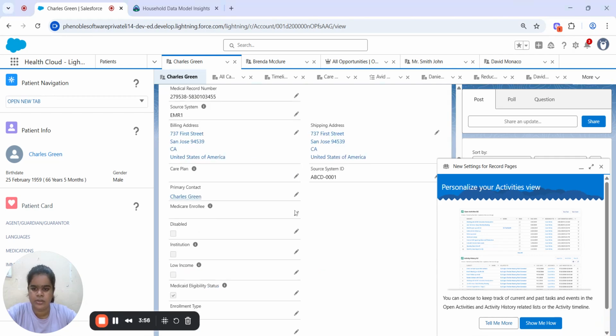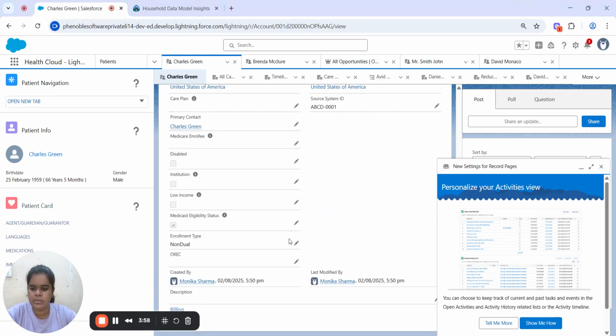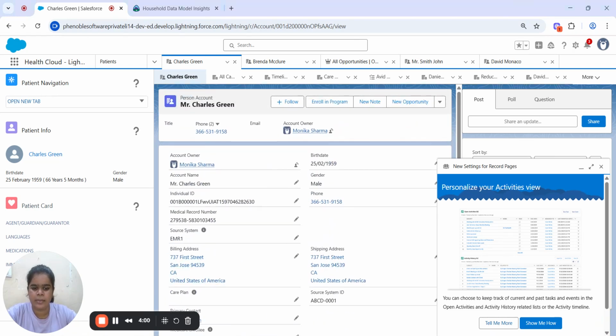Okay, let's look into that. I am giving this as an example to you. So this is all about household. The third one is relationship. A person account can be related to the household account and to each other. Like Charles and Shwana are connected as husband and wife, right? So Salesforce can show contact to contact relationships, like marriage, dependents, caregiving, etc.